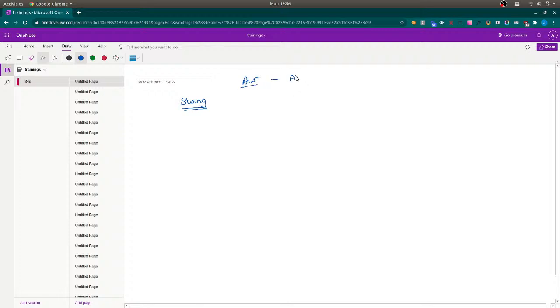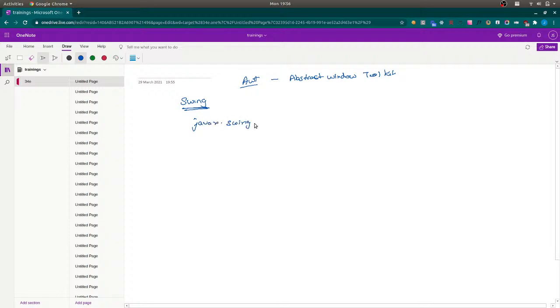The full form of AWT is Abstract Window Toolkit. Now Swing does not have any such name, or maybe I have not read it anywhere. In case you find it, do try to write it inside the comments. Swing, I believe it is the Swing package only, and the package path is